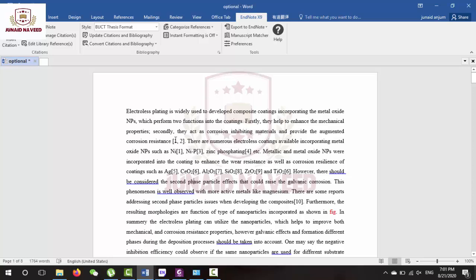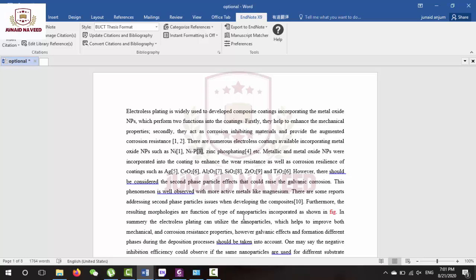And if you are writing this statement, and somehow you need to delete it and don't want to add it anymore, you need to remove these citations 1, 2 from here. And if you remove this statement, you need to restart the numbering from 1 here. That means you need to change 3 to 1, 4 to 2, 5 to 3, and so on. For example, if you have added 100 citations, you need to change at least 98 numbers in your document.